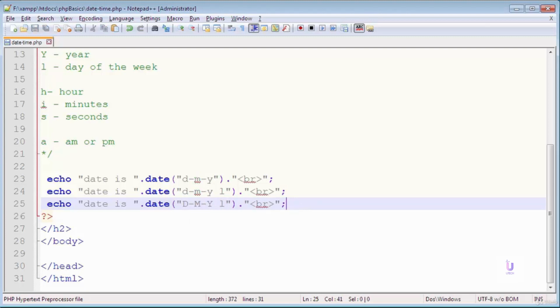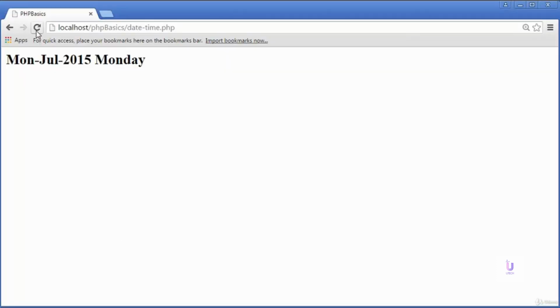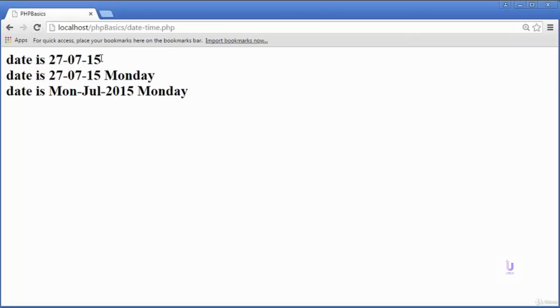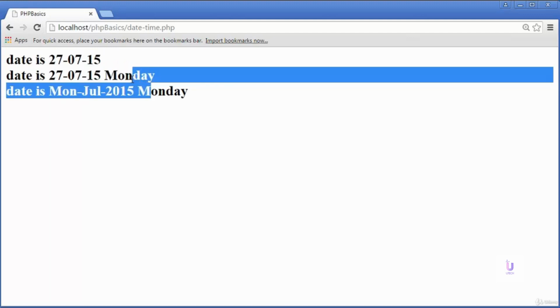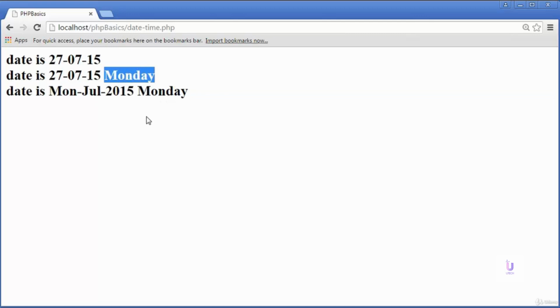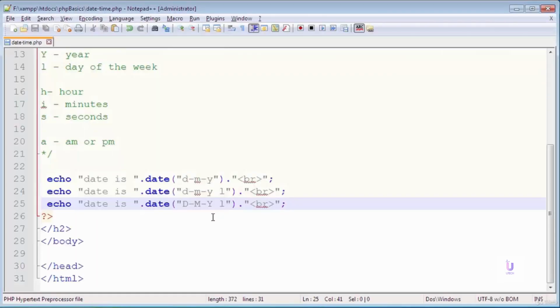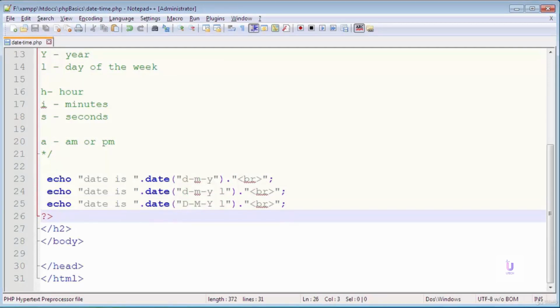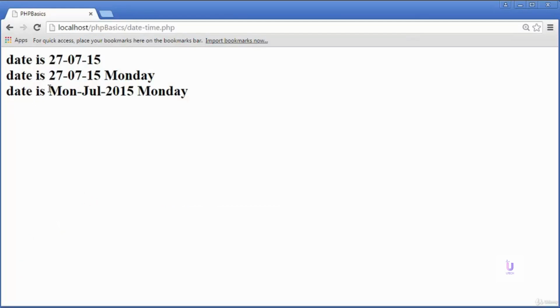I'm going to save this file, open it in the web browser, and refresh the page. Here you can see the date is 27, and the day of the week is represented by the L character. When we use D and Y in capital letters, you can see that the day is printed instead of the date, and here is the month.